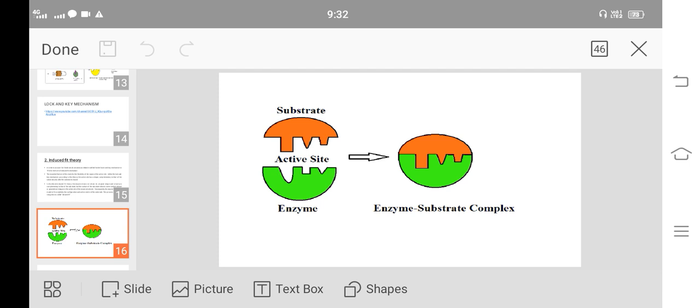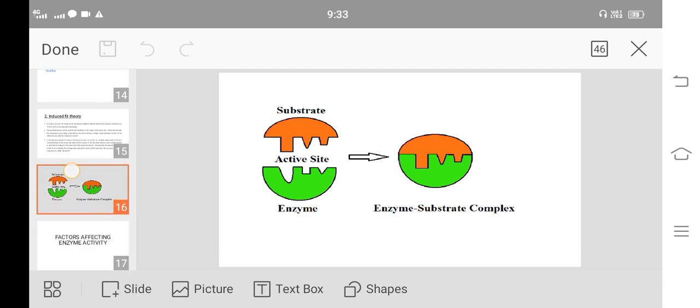The substrate as well as the enzyme is like a lock. The lock does not have any specific shape, and the substrate also does not have the correct shape of the key. So first some structural or chemical changes occur. After forming the correct shape of lock and key, the substrate and enzyme are easily fixed together. Finally, once they fit in the correct shape, the enzyme as well as the substrate are fitted, and it is called the enzyme substrate complex.